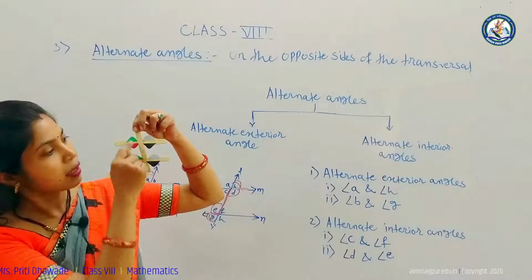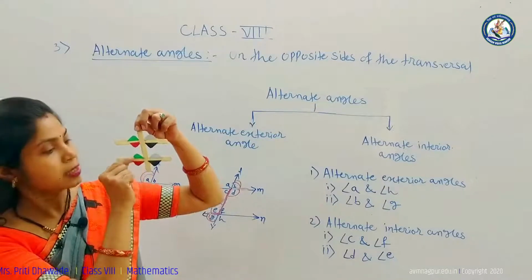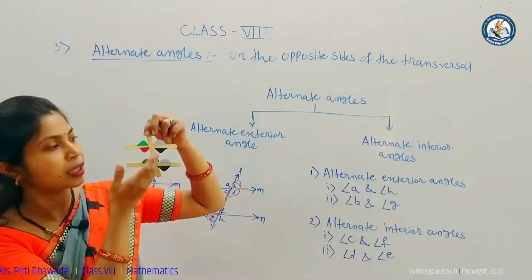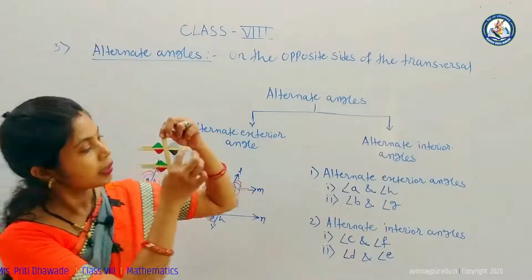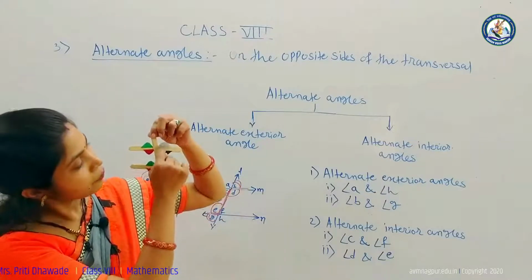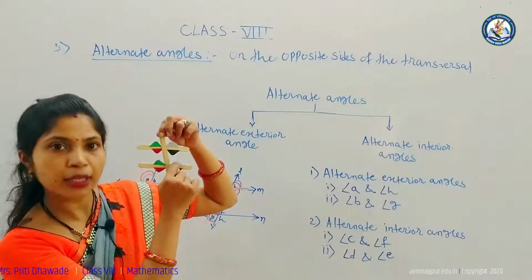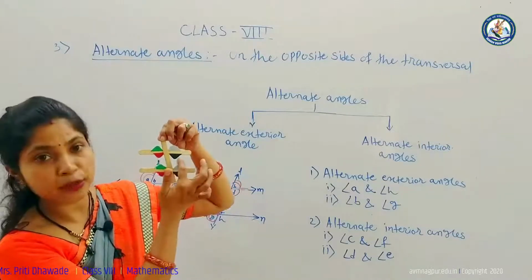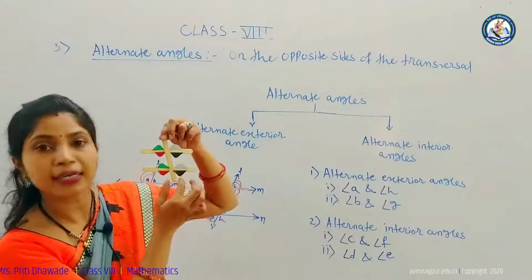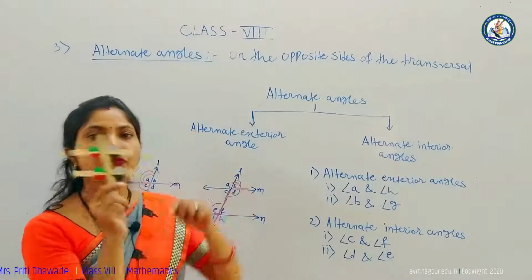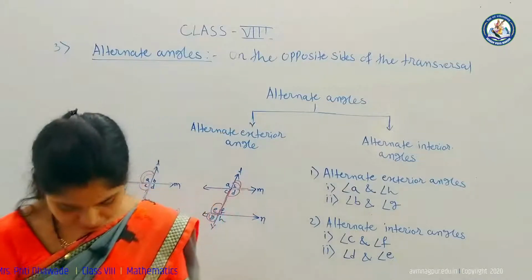Now look at this. Above, that is the same position. Below, that is the same position, and present on the left hand side of the transversal. Here on the right hand side of the transversal, white, that is again above the line. So this is one pair of corresponding angles. And another, I am using the black color here. Below, they are present at the same location, same position. So there are four pairs of corresponding angles.